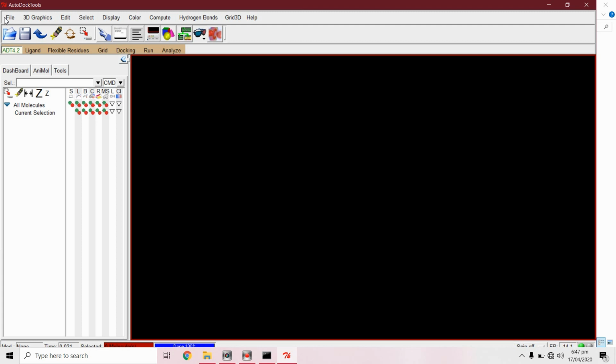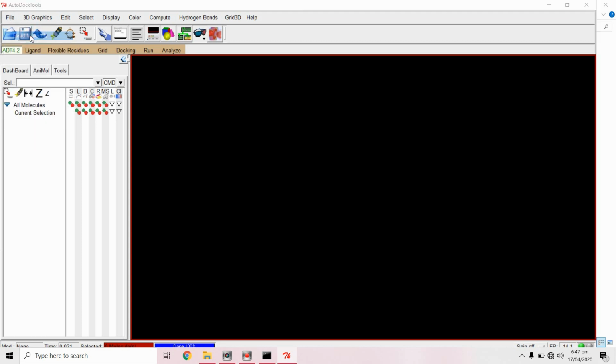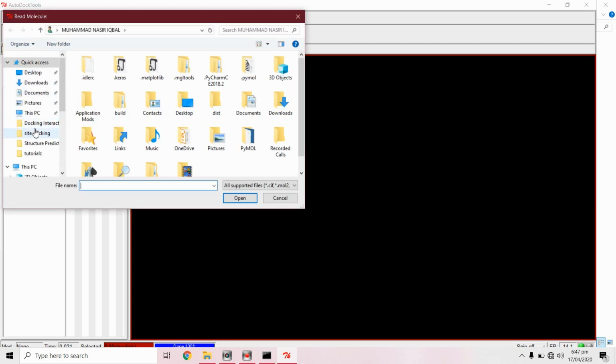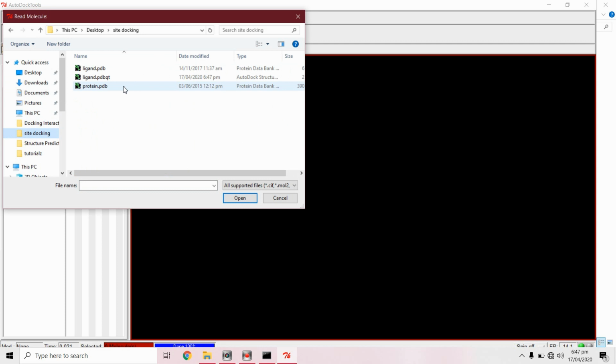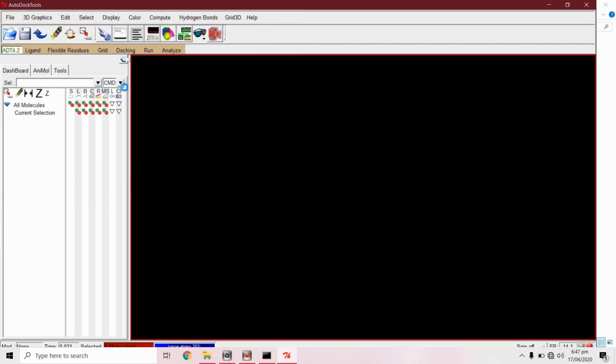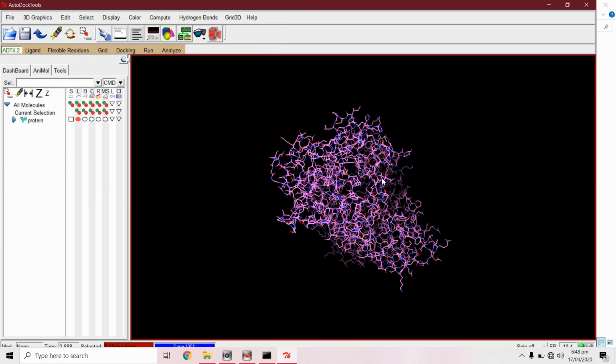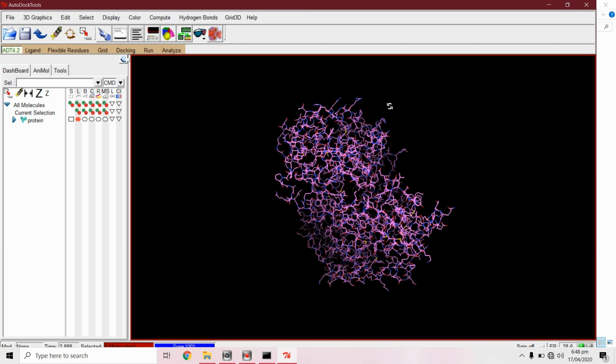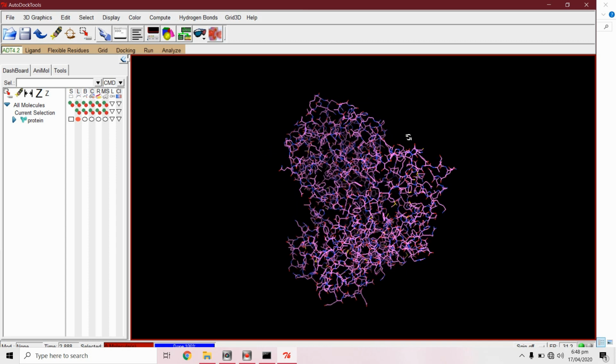Now we will open protein file and we will select residues of binding sites for docking. From file, read molecule. First of all, we will delete its water molecules.